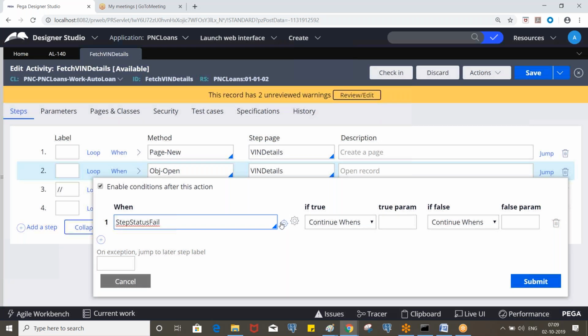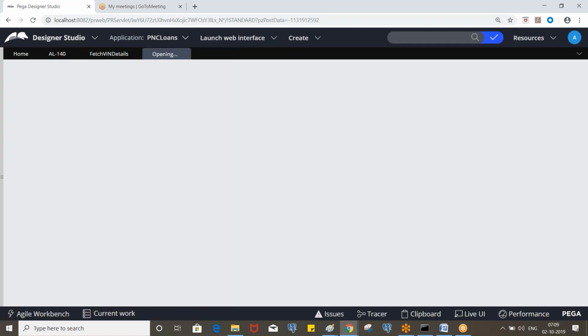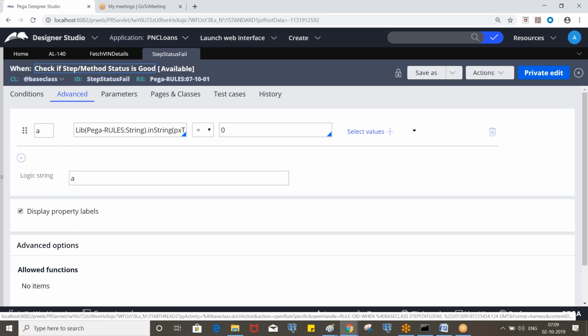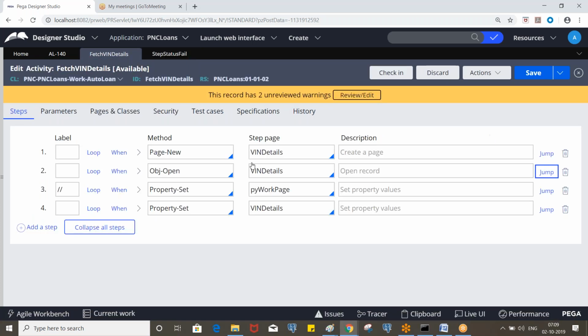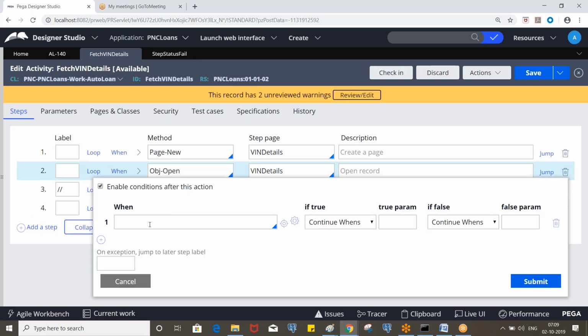You can open this out of the box window. This is the standard function, step status fail. If it is true, that means the step has failed, so we need to display an error message, right?